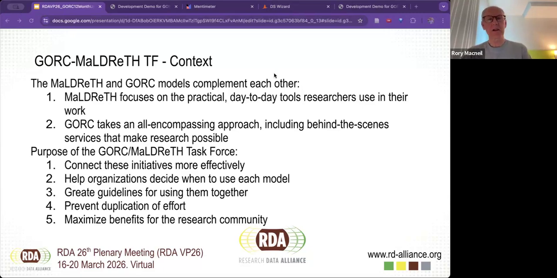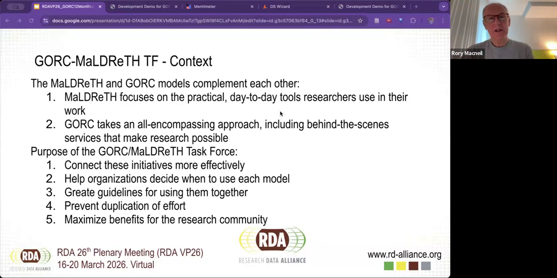So that's what Maldrith is. You can see from that, if you're familiar with GORC, as CJ said, that there's also a listing in the services and tools element of the GORC of various things which are services and tools. So the idea is to see how these two things fit together. That's the big picture.